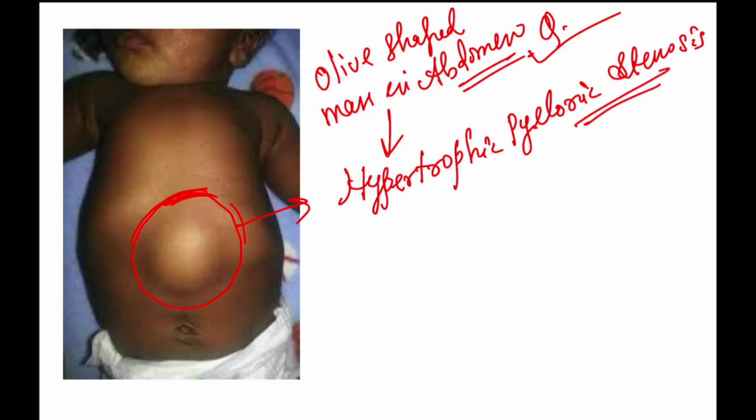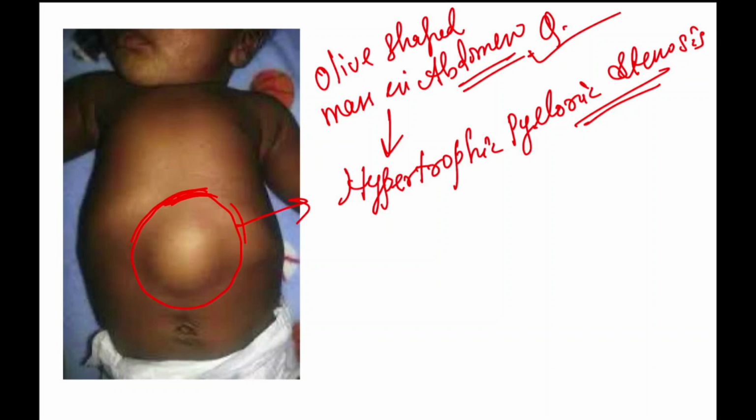Pyloric stenosis means the lower end of the stomach, that's the pylorus, gets thickened in this condition. Due to this, the food substances are not allowed to move beyond the stomach. So the food does not enter the small intestine, which leads to vomiting of the child. Since the food is not being passed to the small intestine, it's not able to get digested and absorbed